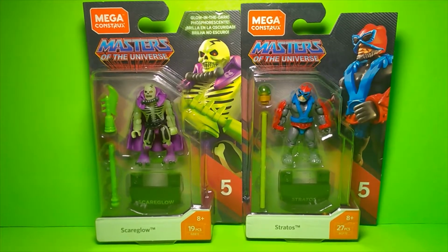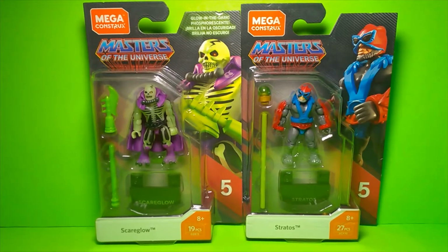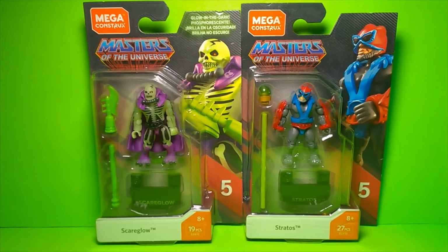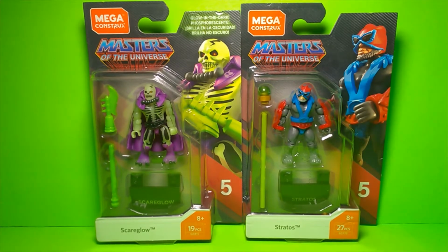The majority of those people are just selling stuff because they have the ability to get to stores faster than other people. They have the ability to buy in bulk more than other people, or they just have the ability economically to buy right away in big bulks to sell and quadruple the amount of money that they spend. Okay, and that's not cool. Definitely not cool. So Mattel, I hope in the future you take into consideration that these figures should be